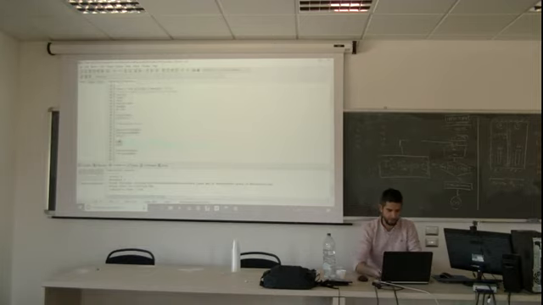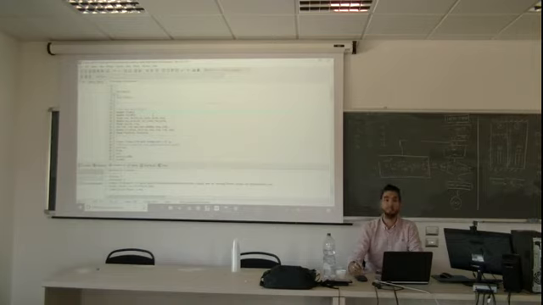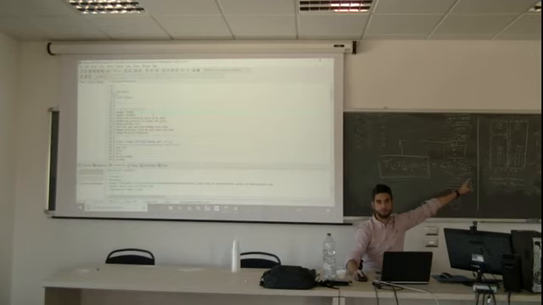But one thing. If I put here 100 and 100, it will crash. It will crash because the computer has saved 200 positions for me, but I am using 201 positions, because I have I equal to 0. Right?